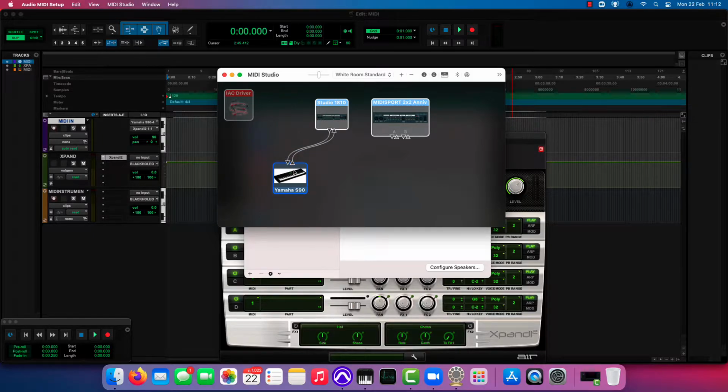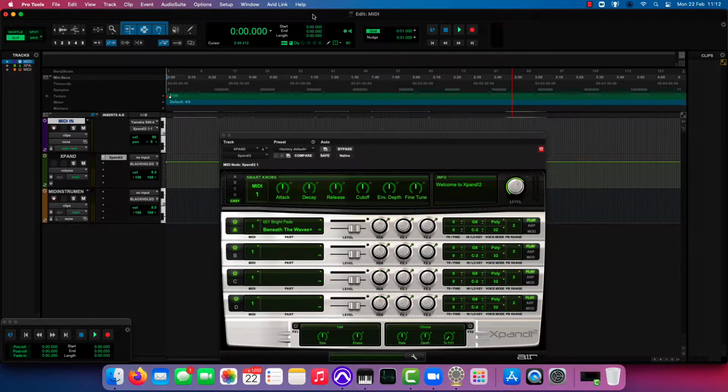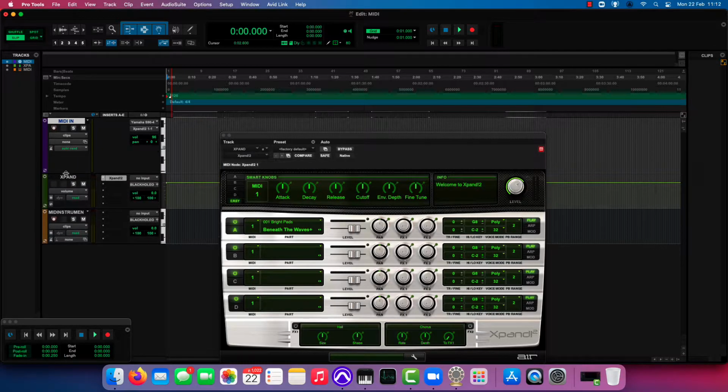Now this will allow the Yamaha to show up specifically in Pro Tools. Let's just flick over to Pro Tools and I'll show this, and then I'll show about creating an instrument outright. So if we flick over here, we can see on our MIDI track right here that in the traditional I/O